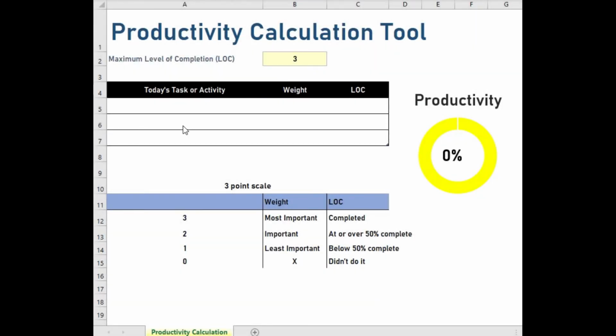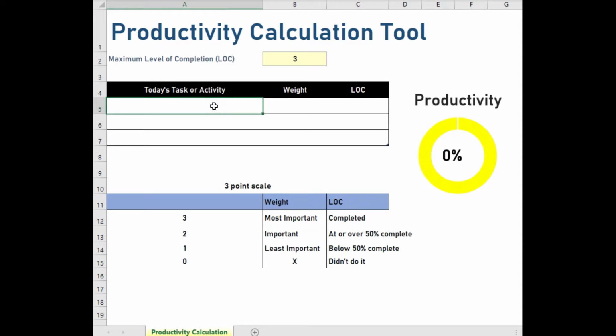All right, so here's the productivity calculation tool, and it's pretty basic and very simple. This table here is where you input the tasks you have to do for the day. Every task has a weight, just like our courses in school had units. So there's a 3 unit course, maybe a 15 unit course, depending on how important that course was to the program, right? In the same way, the task here has weights depending on how important the task is to your overall